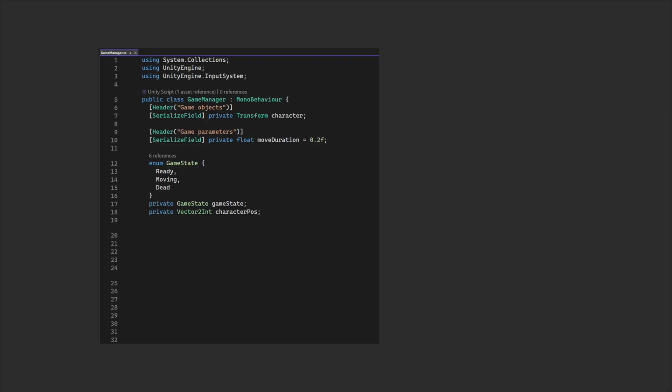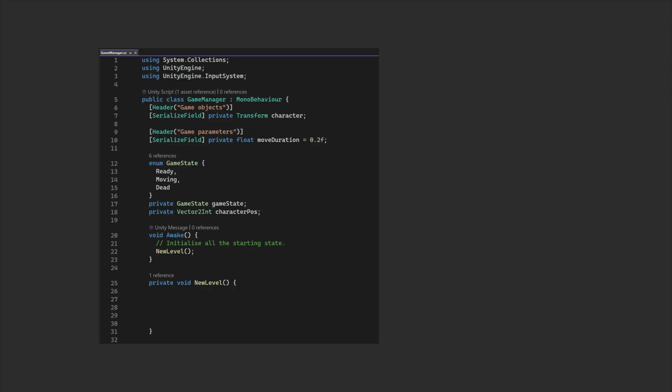Now when we start, we want to make sure everything is where we want it to be. Rather than using the Start method, I've put this into Awake. It just gets called a tiny bit earlier. We're not going to put all the resetting logic in here though. We'll put that into another method, which is a private void called NewLevel. Void here means you just don't return a value. This is because we'll want to call this resetting code whenever we start a new level, such as after we're dead. This will get more complicated as we progress,